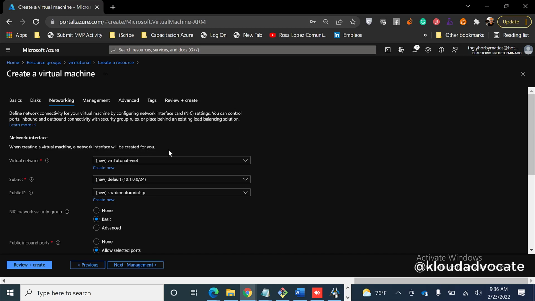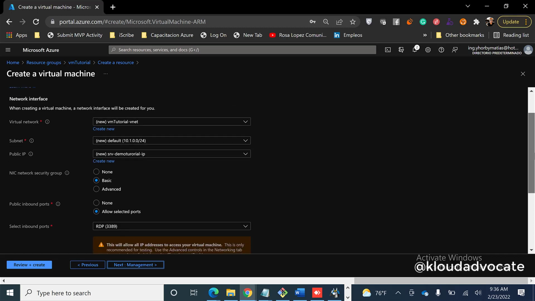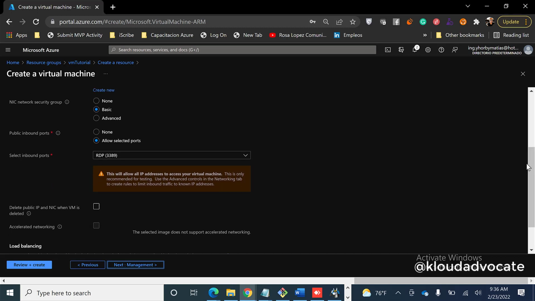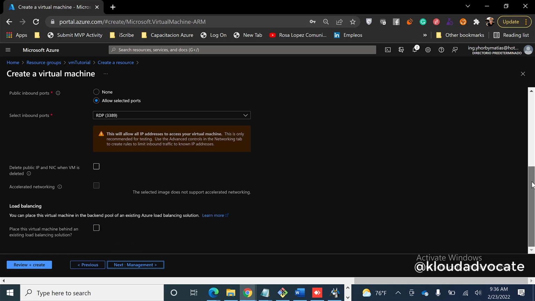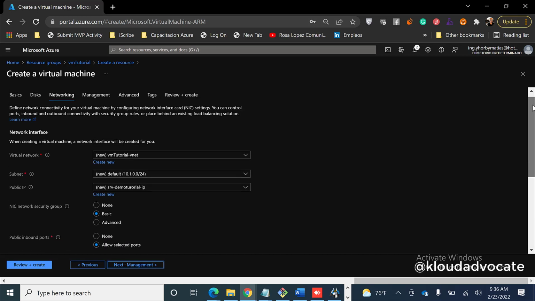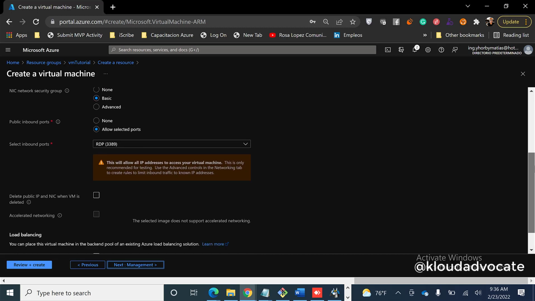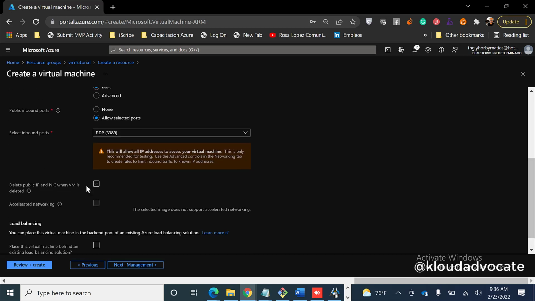So all virtual machines or some resources need a VNet, and the network interface card is what we use to connect to the internet in the data center network. Okay, in this case we're gonna leave all the configuration this way, standard configuration. Here we're gonna check this